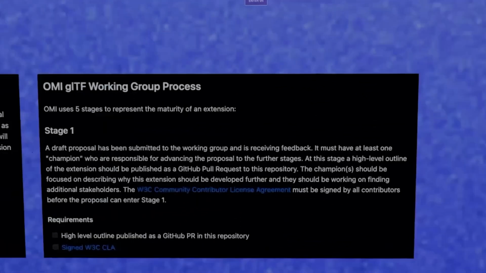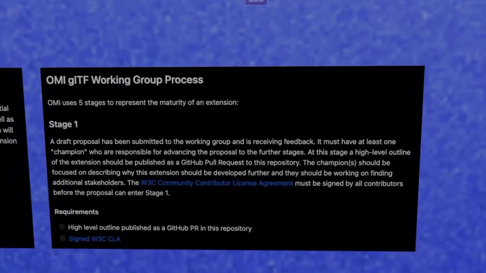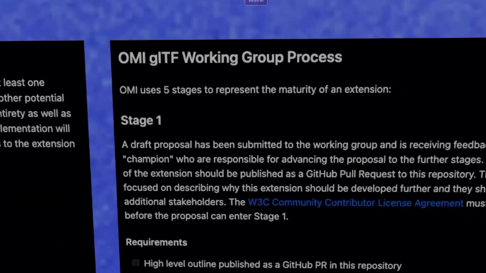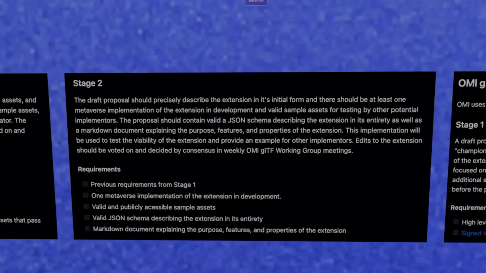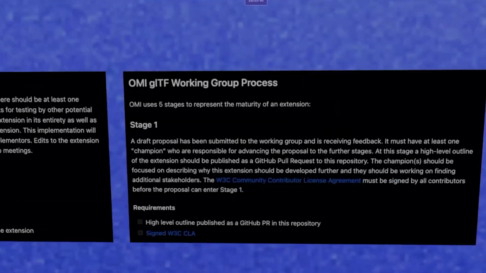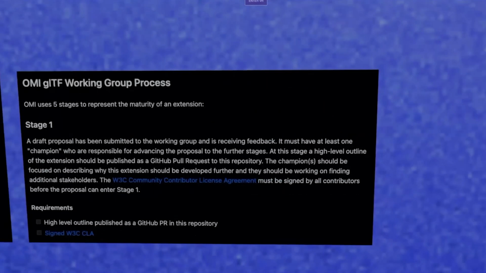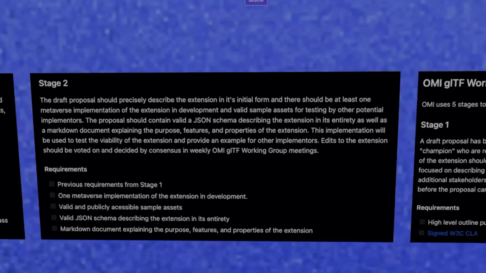It has 5 stages, and we're still working these out. Some of these we've been learning from over the course of, I guess, 2 years now that OMI's been around. So we've been refining this process for that time, and we've gotten to a good point.